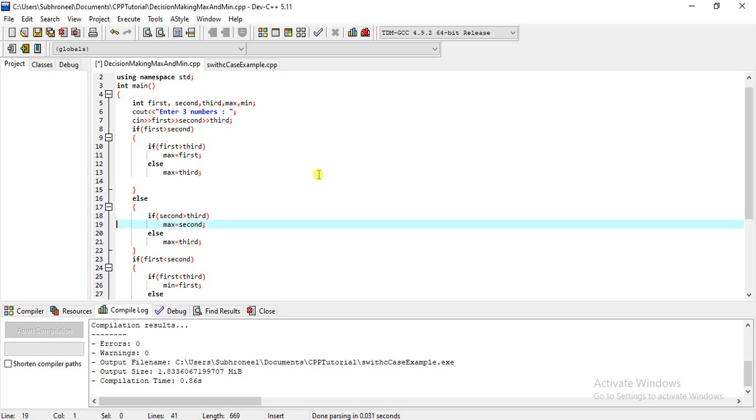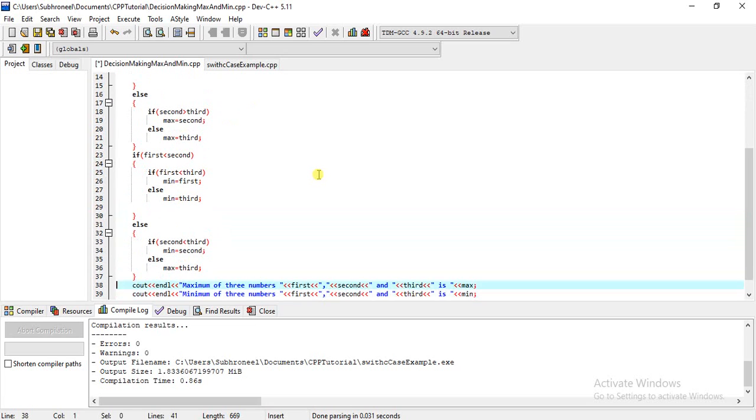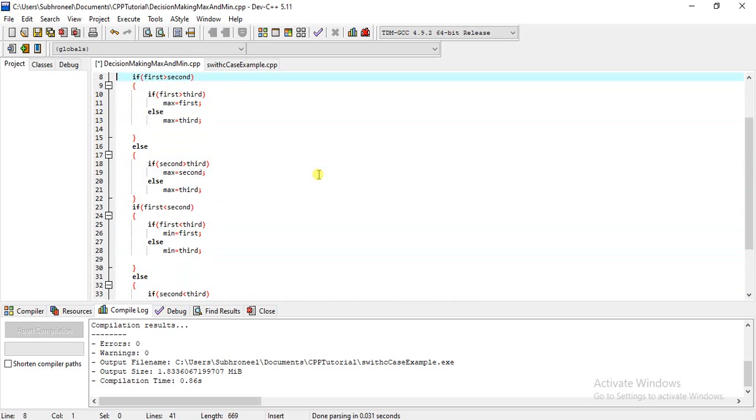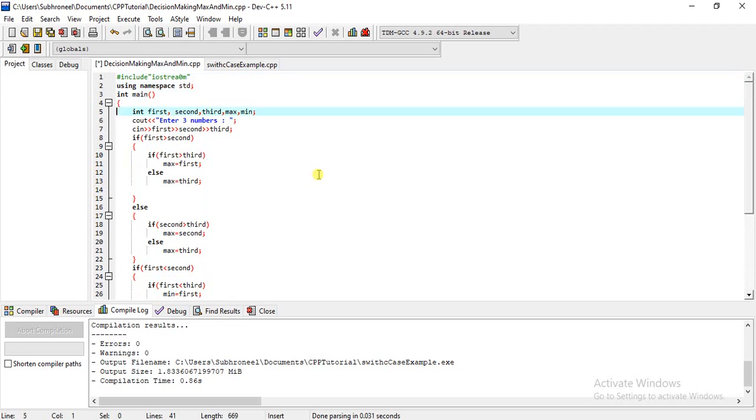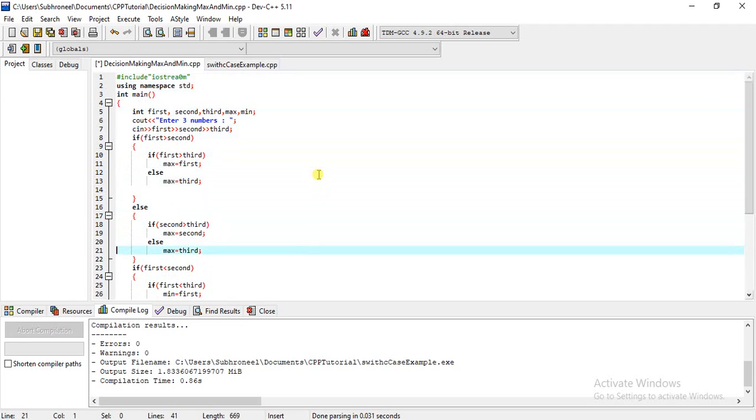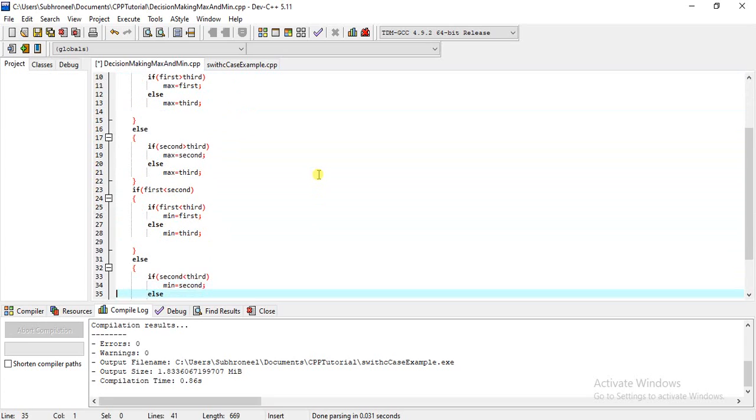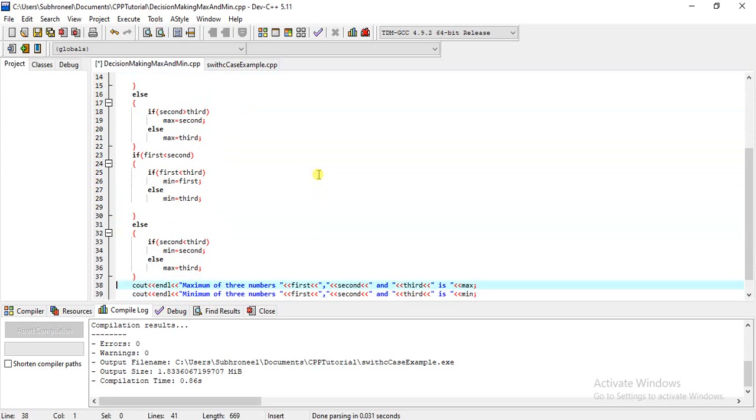So that is how we get the maximum of three numbers. Now we come to the minimum. In minimum I have done, I think, nothing. I have just put a lesser sign in place of the greater sign. Nothing else. So if first is greater than second, under that control block, if first is less than